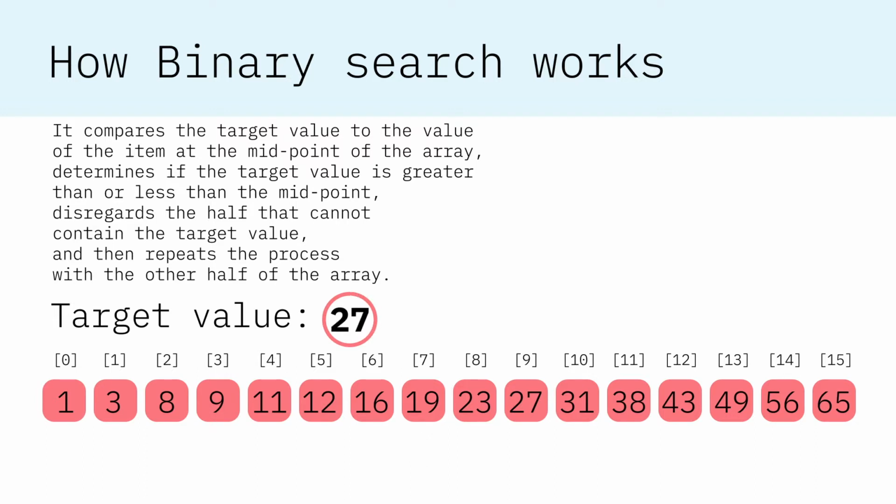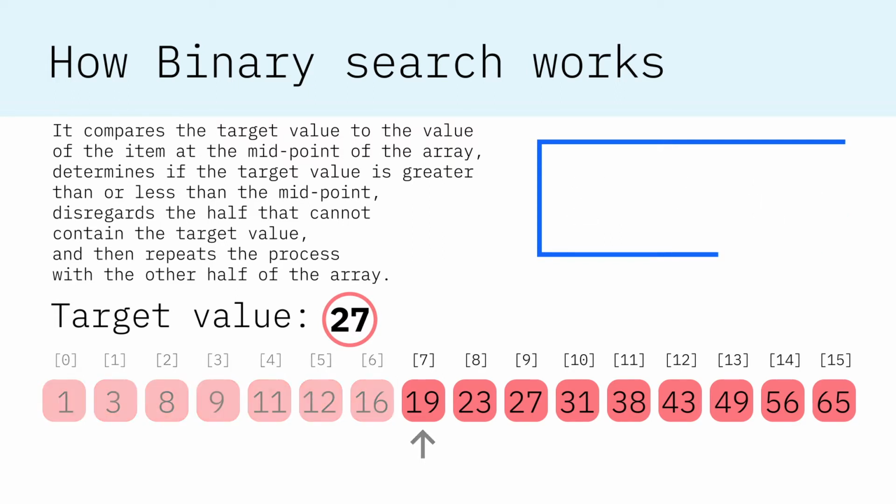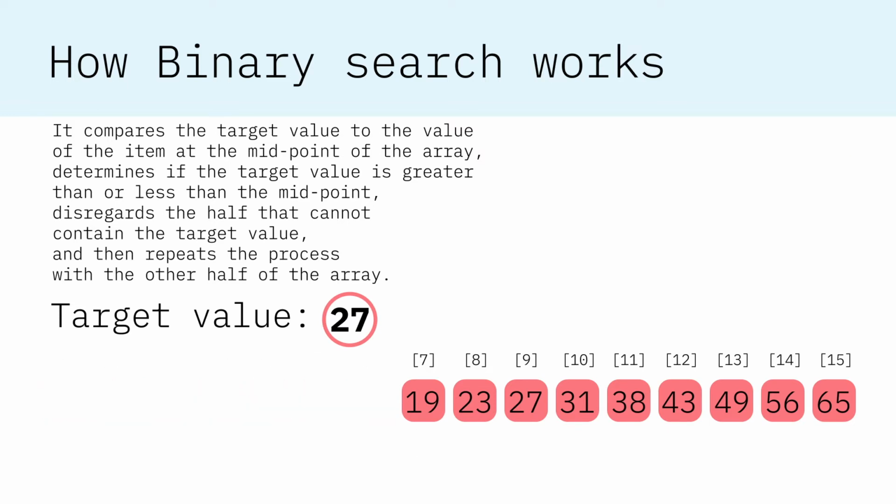In this example, we'll use a target value of 27. The midpoint of the array is 19 at position 7. First, the algorithm checks to see if the midpoint is actually the target. 19 does not equal 27. The algorithm then checks to see if the target is greater or less than the midpoint. 27 is greater than 19, so the left half of the array containing integers less than 19 is discarded and